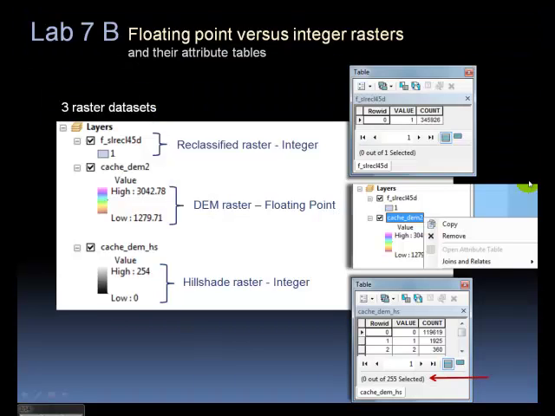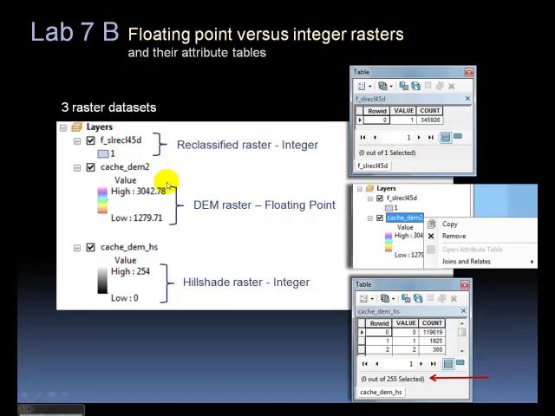Okay, so the first thing I want to talk about is that there are two basic types of rasters. You can have an integer raster and a floating point raster in the most general sense. The big difference, and the reason it's important to point this out, is integer rasters. This is a table of contents with three different raster types. We've got a reclassified, where you create either a binary raster with zeros and ones or ones and twos or something like that. But the point is, this is an integer, and it creates an integer raster. And you can build an attribute table with integer rasters. They have a limited number of values that can exist, and so it's possible to display that in an attribute